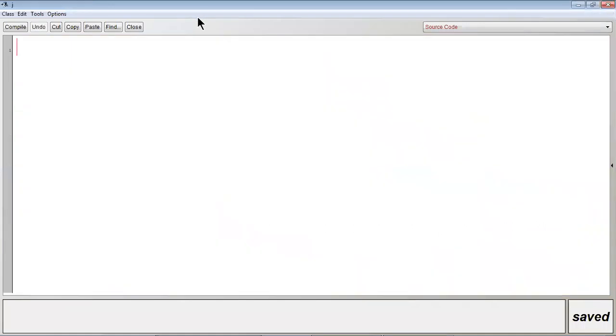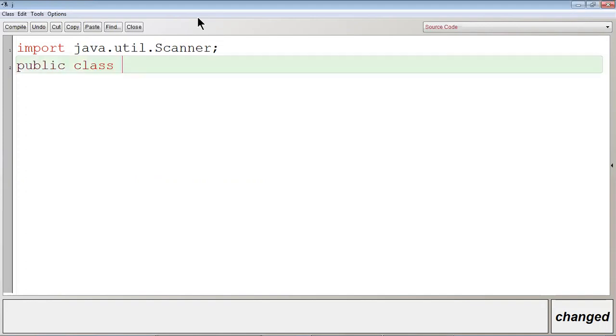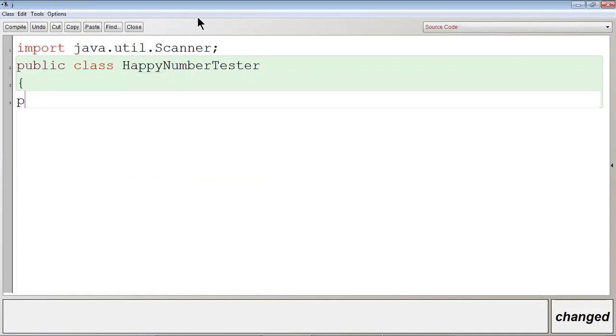Control A, backspace, import java.util.Scanner; public class HappyNumberTester; public static void main, capital String array args.